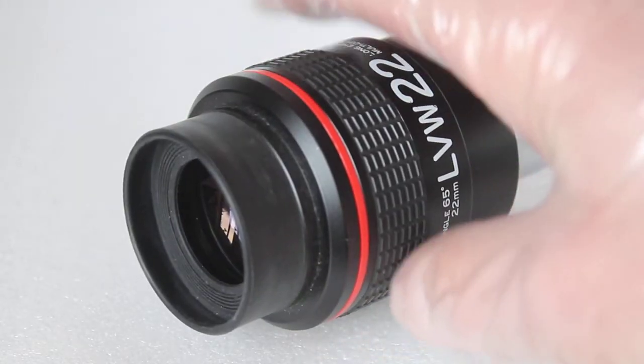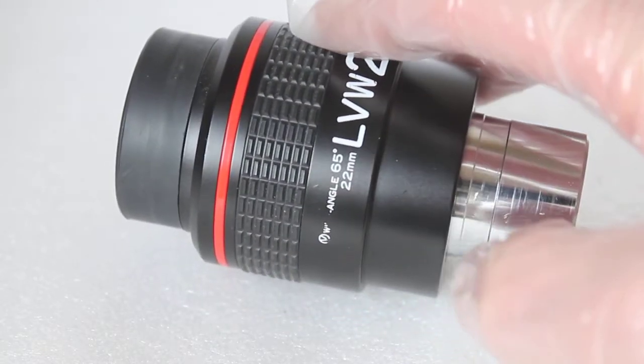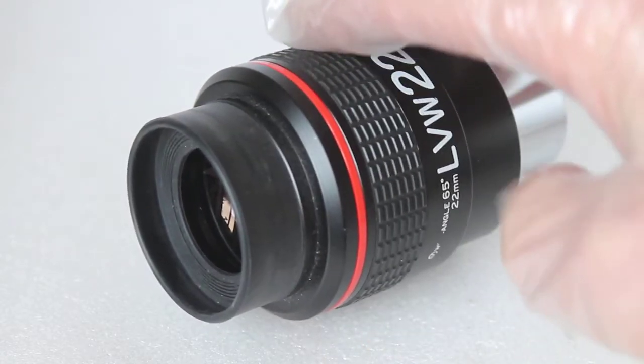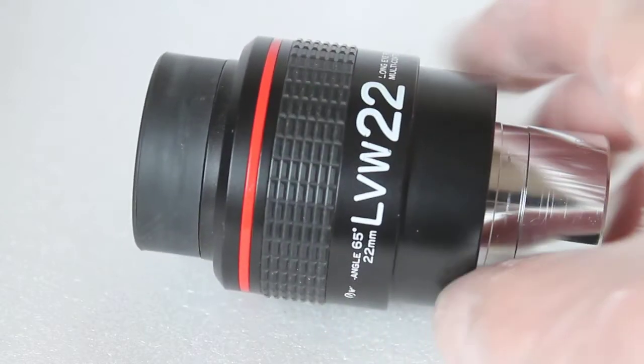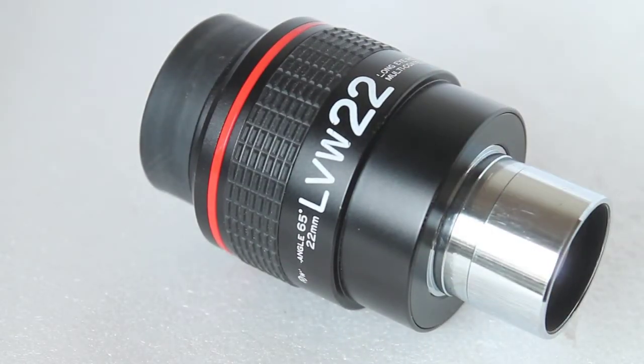These are fully multi-coated optics. Sorry, off the top of my head, I don't know how many lens elements are in there, but by all means let me know in the comments if you know. And apparent field of view 68 degrees, and so this is an ideal eyepiece for general use. It gives 68 magnification with the 12-inch Dobsonian, so perfect for rich field star clusters, finding your way around the